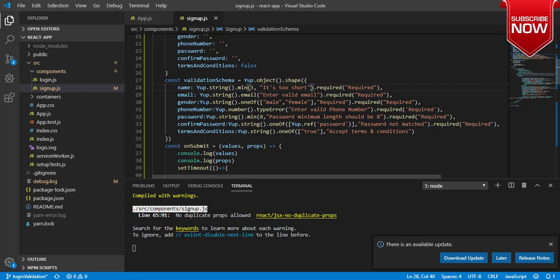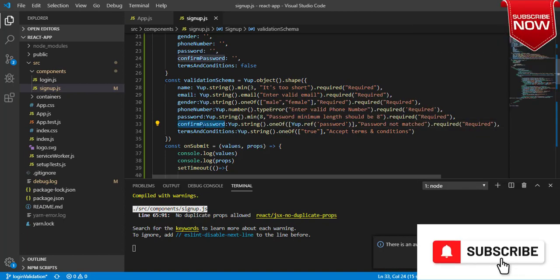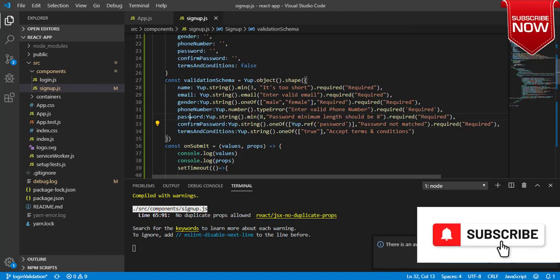If the user does not select either male or female, he will get the message as required. The password length should be 8 characters, and below that we have seen how to match a confirm password with this password.